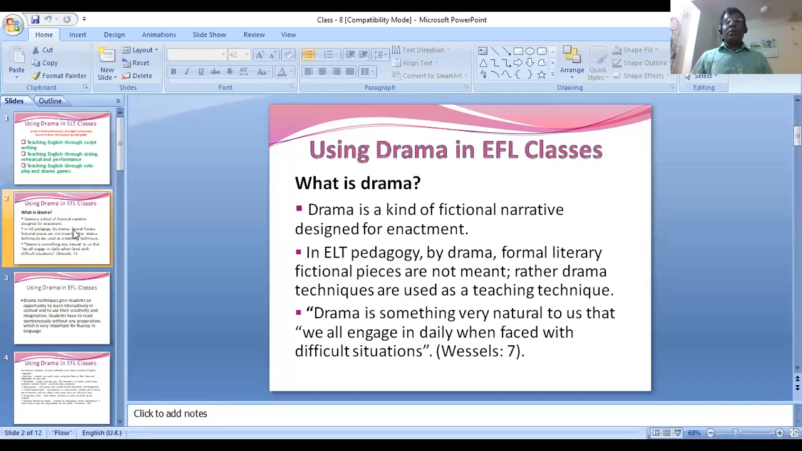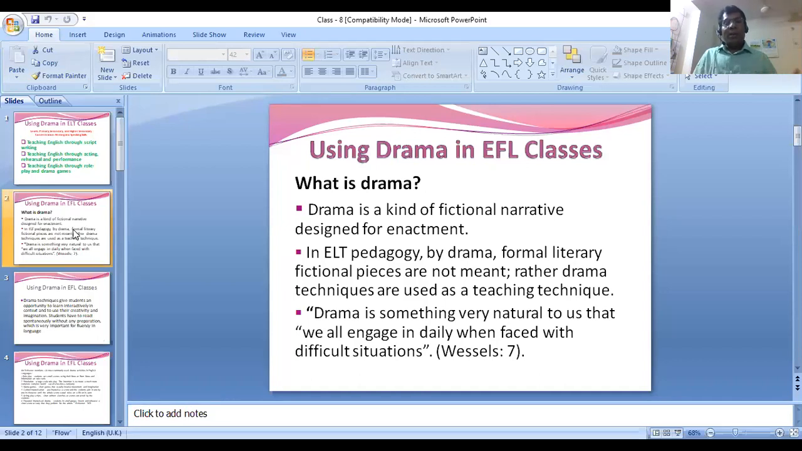And a drama is actually intended for enactment. It's a kind of fictional narrative designed for enactment, designed for performance, designed for acting. It is not designed to be read at home in silence. Rather, it is a writing that is designed for enactment, for acting, performing on the stage. That is a drama. But in ELT pedagogy, by drama, we will not understand that kind of drama, that fictional,